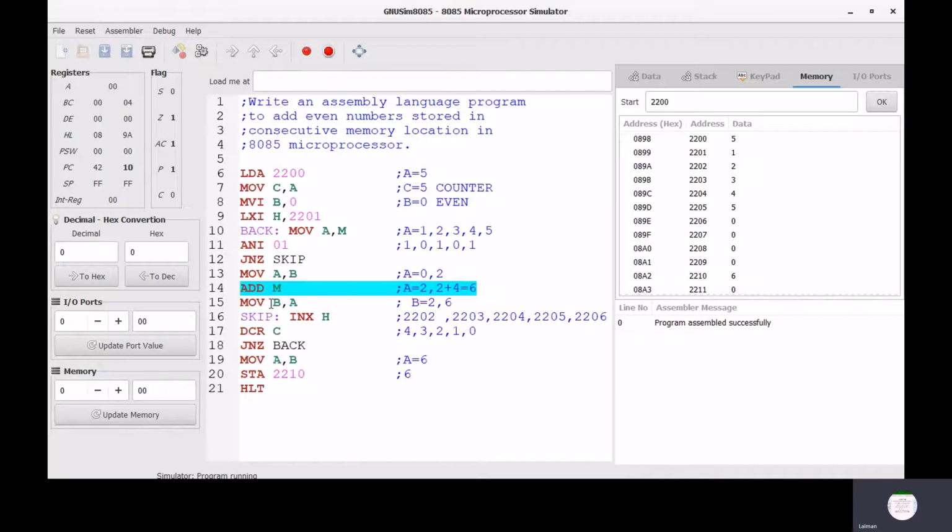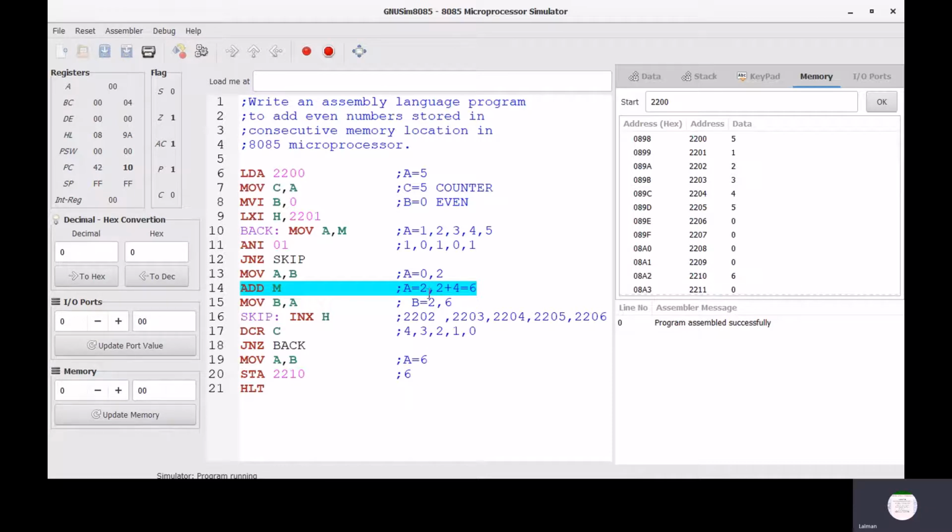Now again execute the next instruction, ADD M. ADD M means A equals A plus M, meaning the current accumulator value plus the memory value. Currently the accumulator value is 0, and the memory value is 2, which comes from memory address 2202.